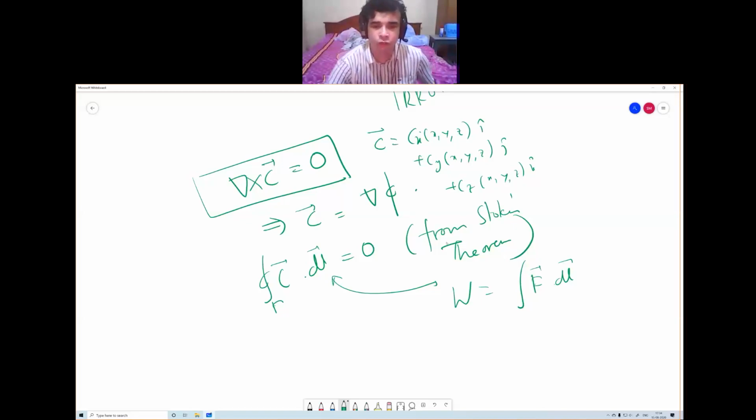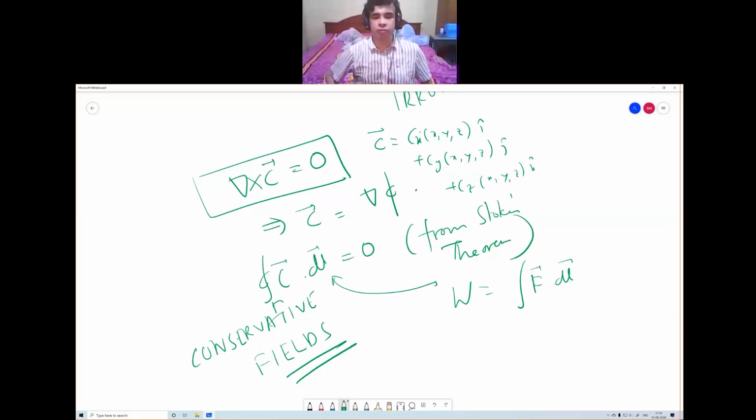Yes, it is called conservative fields. Can you give some example of conservative fields? For all conservative fields, the circulation along a given dl is always 0, and for all conservative fields, the curls are always 0. Same like Stokes theorem, if one is true, the other must be true. Can you give some example of conservative fields?